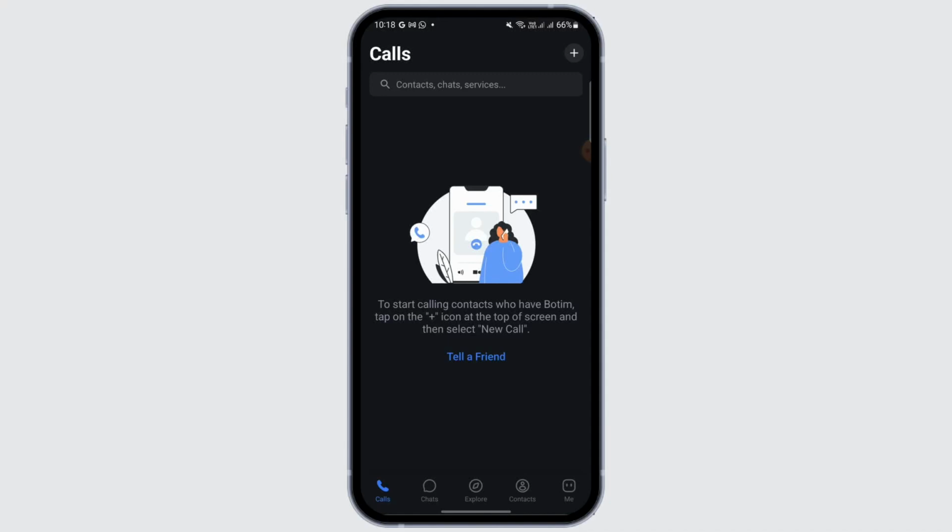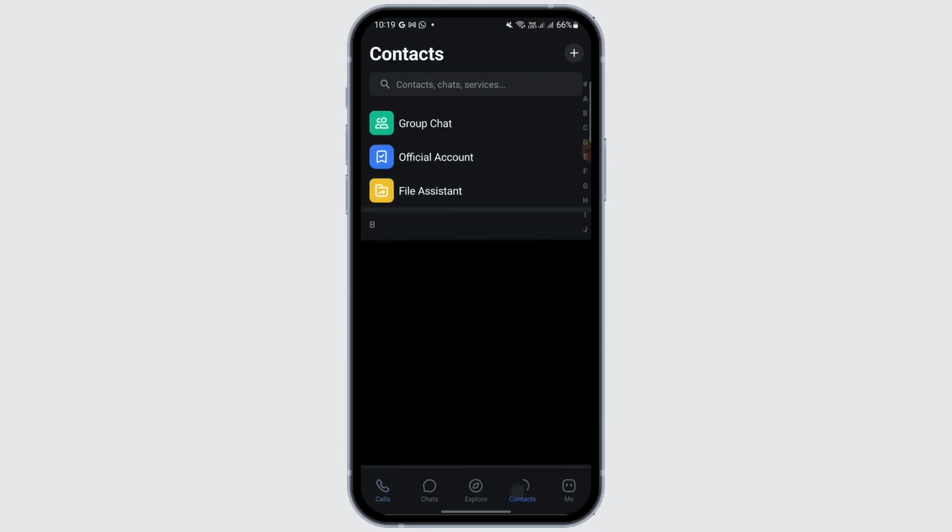So here on the home page, you can see it says to start calling contacts who have Botim, tap on the plus icon at the top of the screen and then select a new call. Just follow the process in order to do that. So in order to create a new contact, what you need to do is just go to contacts. After going to contacts, you see options like group chat, official account, for file assistance at the very top. And in order to add the contact, just tap on the plus icon here